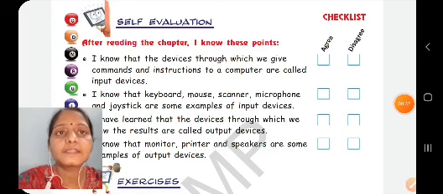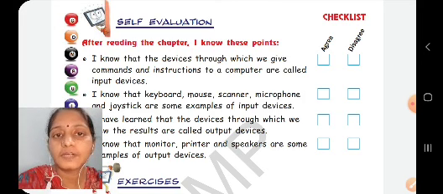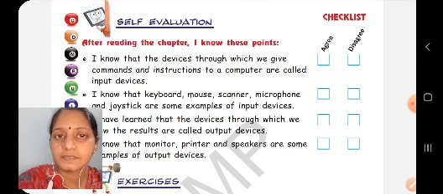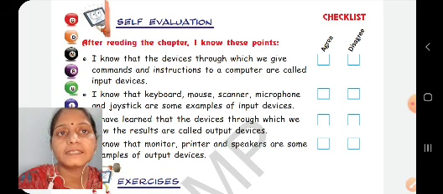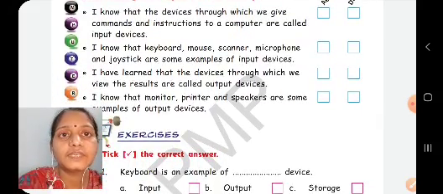So children, this is self-evaluation. After reading the chapter, I know these points. Here we have already done the chapter. This is chapter 6, that is input and output devices. We have already completed the chapter, and in our previous video we had done self-evaluation also. So before starting the book exercise, we will revise it once again. So children, first is, I know that the devices through which we give commands and instructions to the computer are